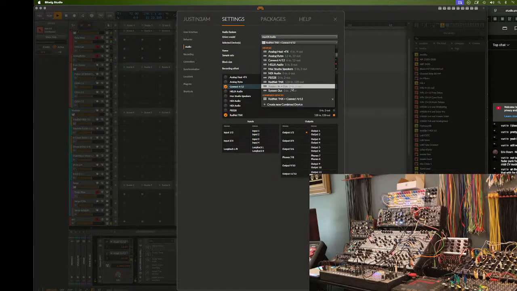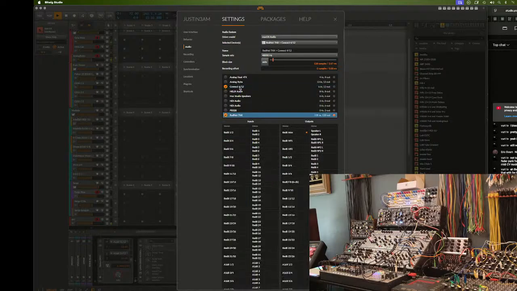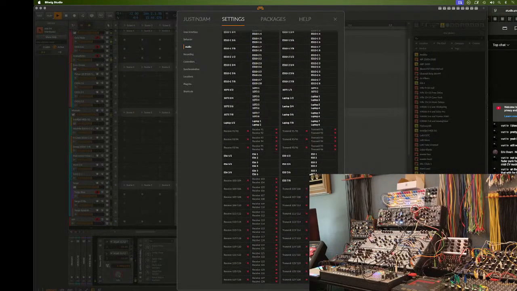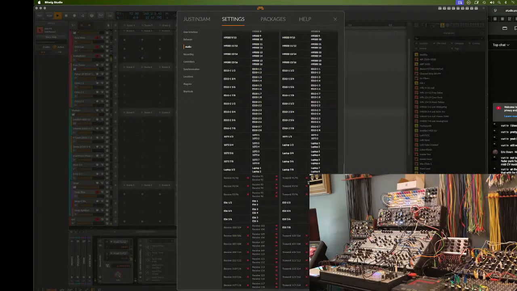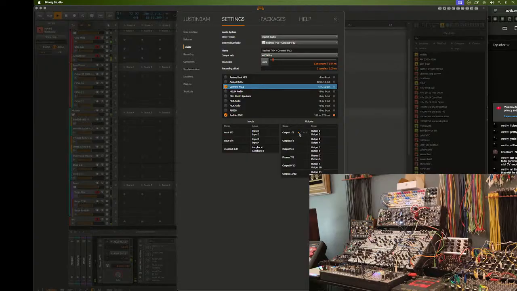And so I can combine as many of the audio interfaces on my system as I need, and then the inputs and outputs become available right from the audio settings, and I can name them here. I can make it so that some inputs and outputs don't appear if they're not in use. I can choose which outputs are used for monitoring the main output channel,